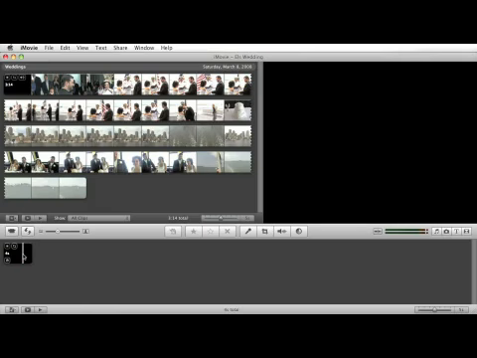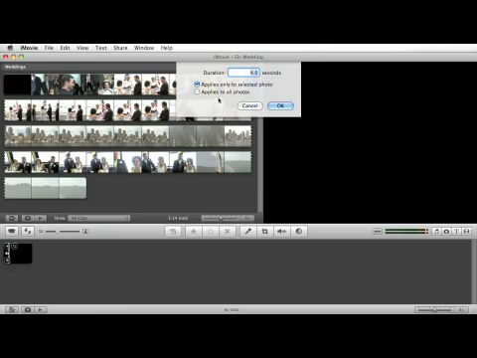Now we can change this duration, and the easy way to do that is there's a little clock symbol within this thumbnail. If you click on that clock symbol, it brings up a window and it allows you to set the duration. Right now we're only going to apply it to this particular still frame. If you had a number of photos and stills in your project, you can set a duration for all the photos at once. Right now we just have one, so we're going to leave this selected as it is,